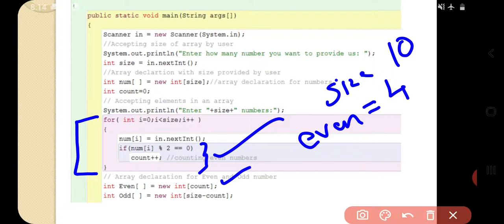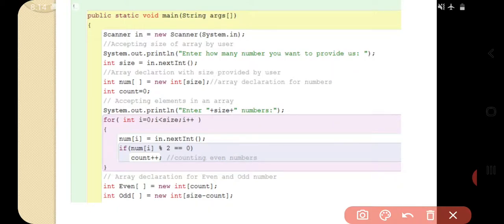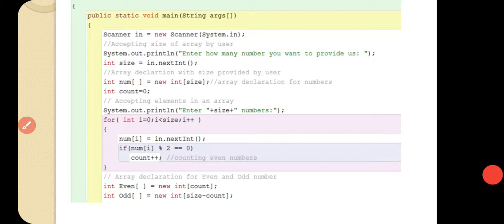But if I want to know how many odd numbers we are having, what do we have to do? 10 minus 4, that is 6. That's why I wrote size minus count. Size is 10, count is 4 for even numbers, that's why the odd array contains 6. I think you are able to understand.